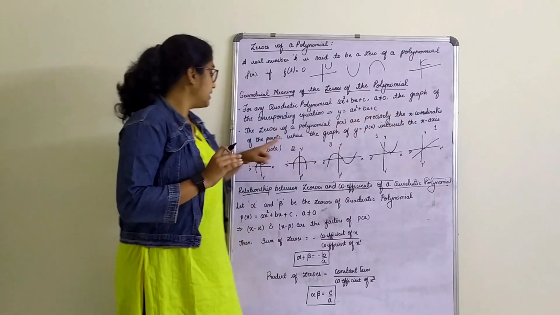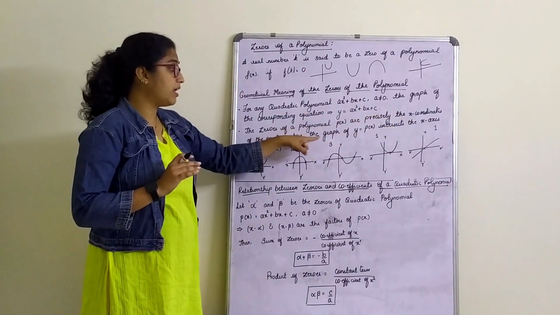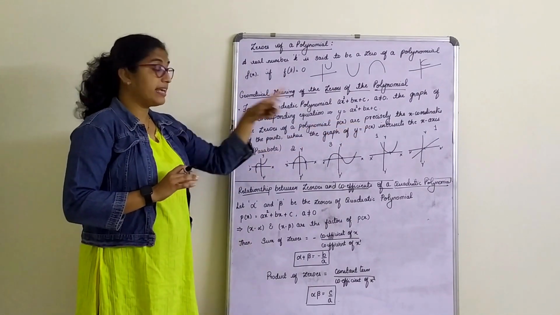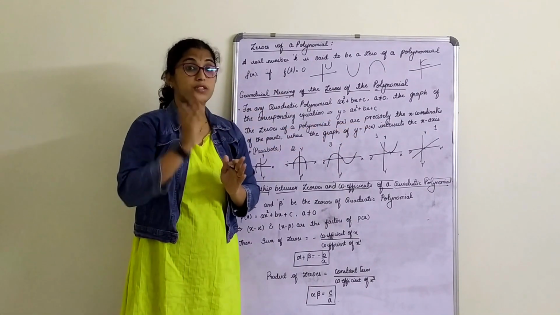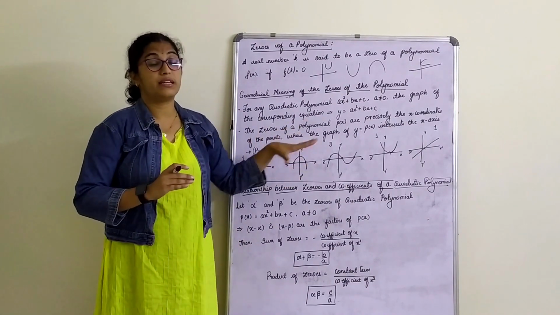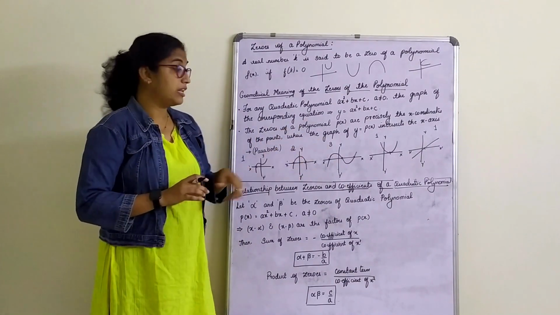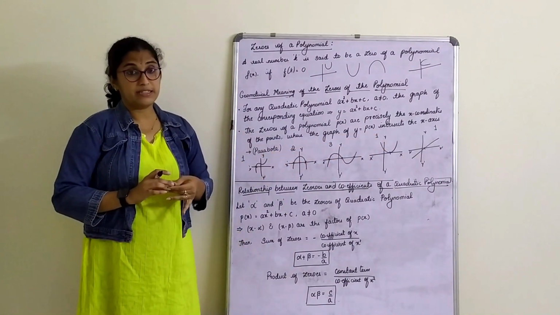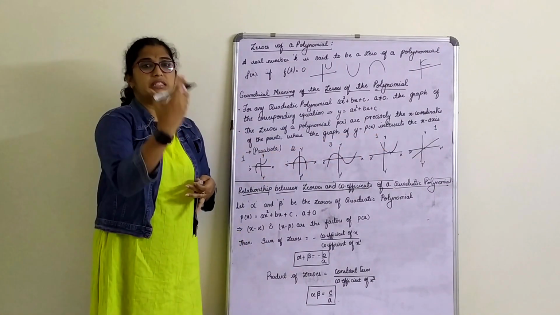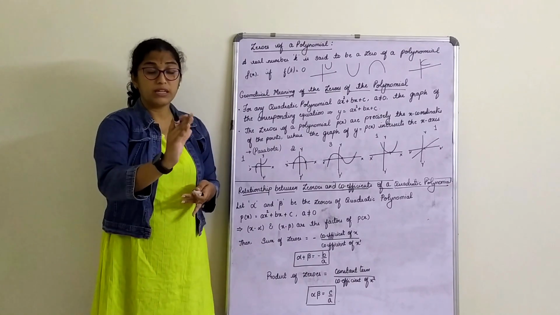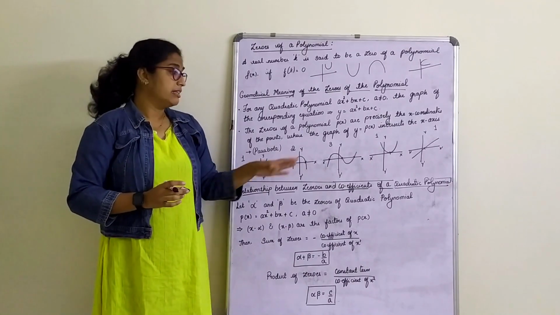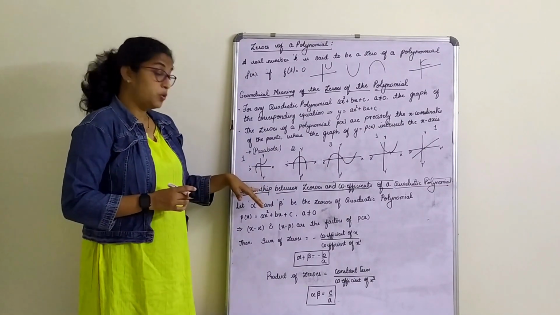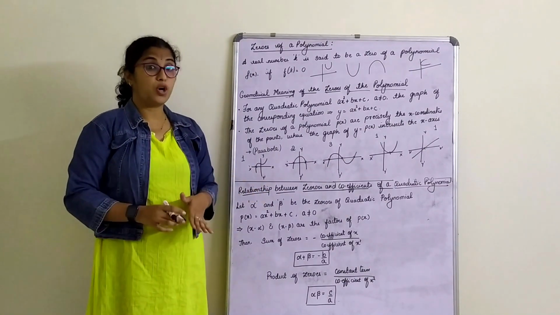So the x coordinates of the points where the graph of y is equal to p of x intersects the x-axis, that many zeros will exist for the given quadratic polynomial. We only have one exercise on this graphical representation wherein we can just see the graph and identify the number of zeros. These questions are usually asked for 1 mark and as MCQs. Now, the next major and important concept